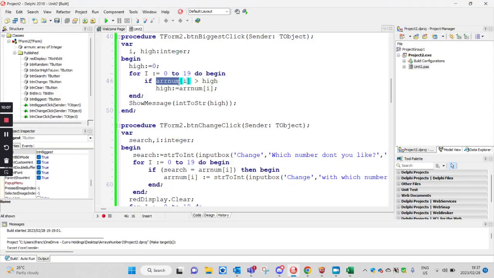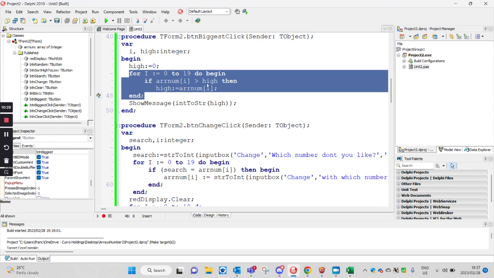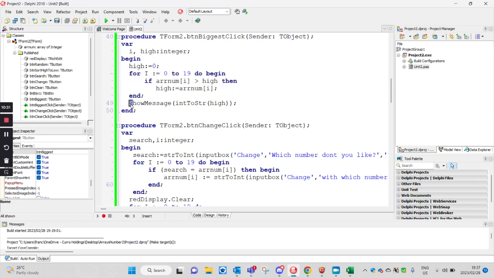So if our array num_i is greater than high, that means we want to keep this one. So we take that number and put it into high. Then we carry on looking. Every time we get a number that's bigger than high, we take that number and put it into high. So that after this for loop, after it went through all 20 numbers, high will have the highest number. All right. And it is short, but